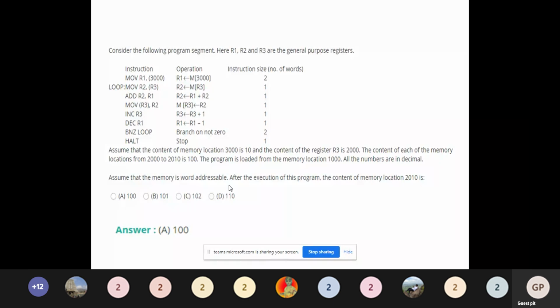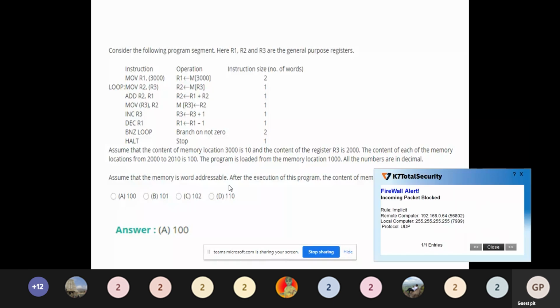This is what is given. Now the values which are assigned will also be given. Assume that the content of memory location 3000 is 10. That means to the register R1, the value passed is 10. The content of register R3 is 2000, so in that location 2000 we have the data which has to be moved to register R2.